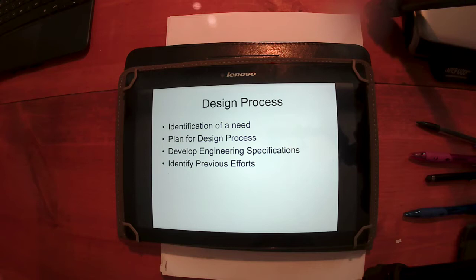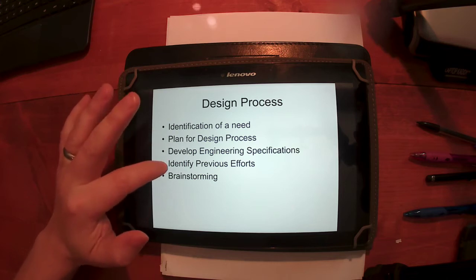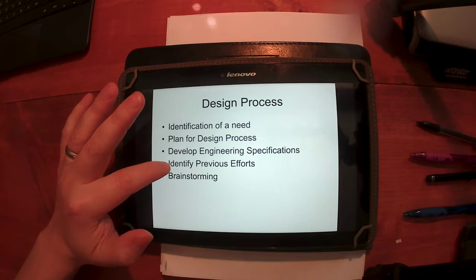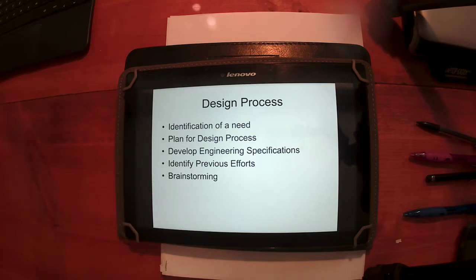So generating ideas. What are old ideas? What knowledge exists for this problem? We call this researching a lot of times. And there's a step we call brainstorming or synthesis. That's where we generate new ideas. So what are we trying to accomplish? What are some ways this has been accomplished before, and what knowledge exists for this particular scenario? And then how can we put that together in new ways? What are some new ideas or new solutions we can come up with now that we actually know what we're